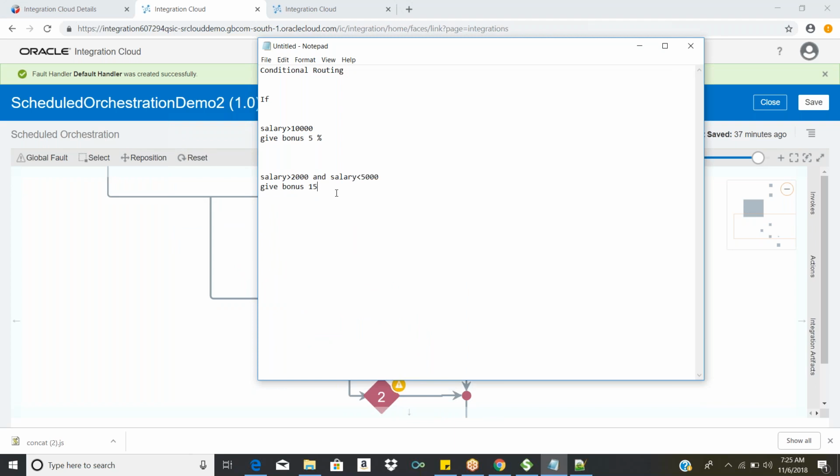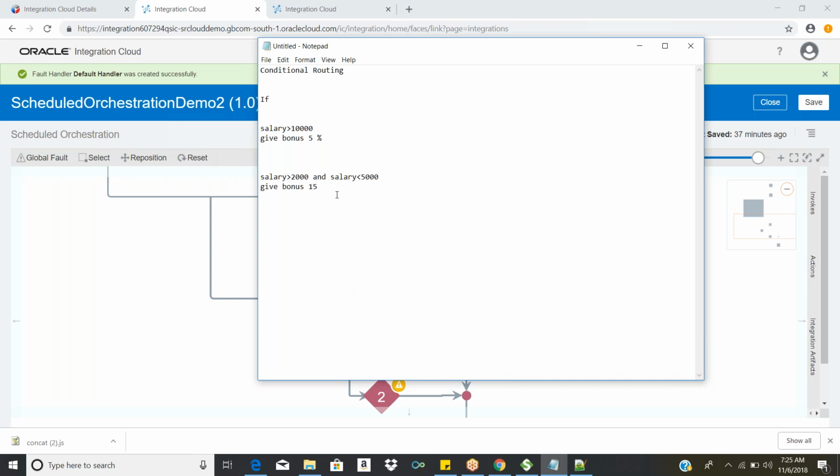For example, if salary is greater than or equal to 20,000 pounds, then perform a different kind of action, like giving 0% bonus for the highest salary.